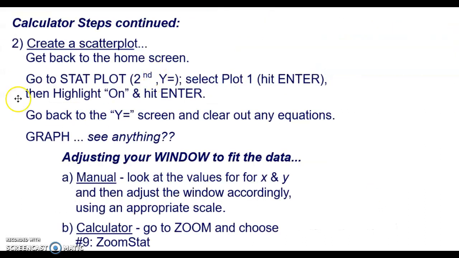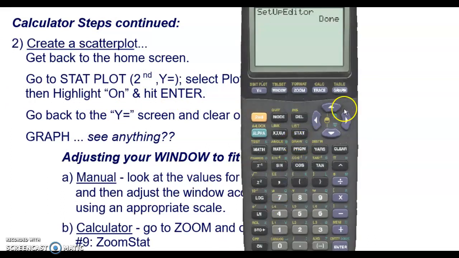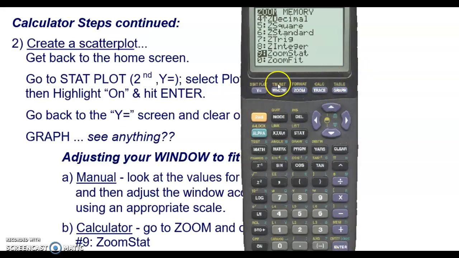Then we go to the next step and create that scatter plot. Before, we did that on our own, we just kind of plotted it. Now we want the calculator to actually do it. If you hit graph, depending on where you're at, you're not going to see anything. So what I want you to do is go to zoom, and we go down to number 9, and you can go backwards or forwards and get to something called ZoomStat. That's going to zoom into our statistics. So if I hit that,